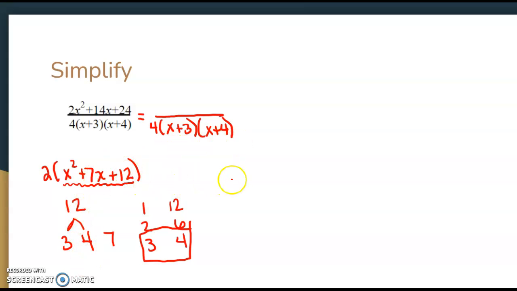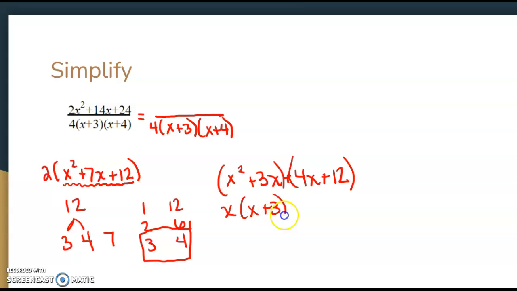Okay, so if I was going to factor that, I've got x squared plus 3x plus 4x plus 12. Group your first two, group your last two. X comes out of the first guy to give me x plus 3. Positive 4 comes out of the second guy to give me x plus 3. I got to be on the right track because those match. So I have x plus 4